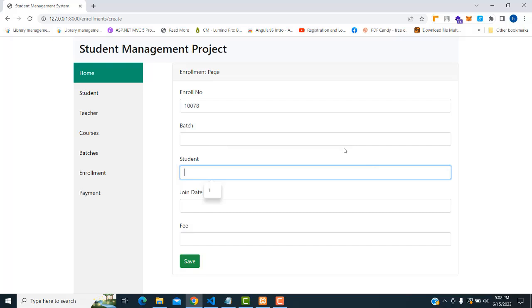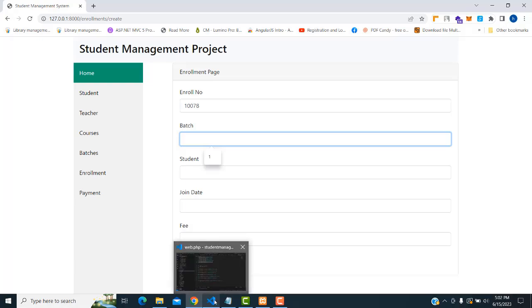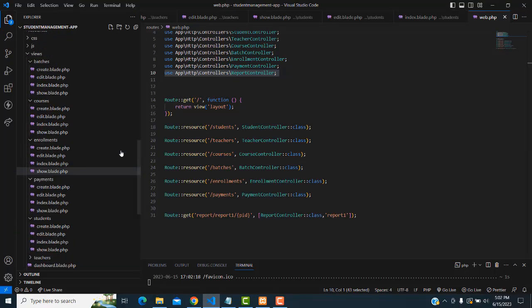So we forgot to put these two drop downs, right? So how do we put this drop down? Only then will we be able to add the student details as well, right? Now what I'm going to do is go to